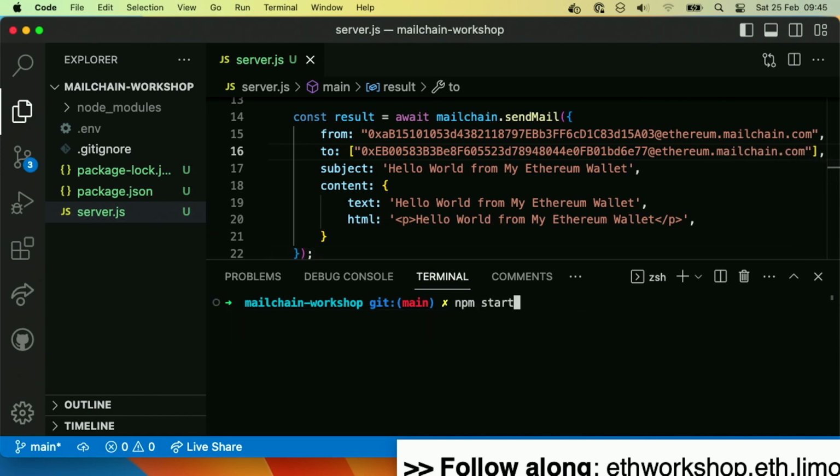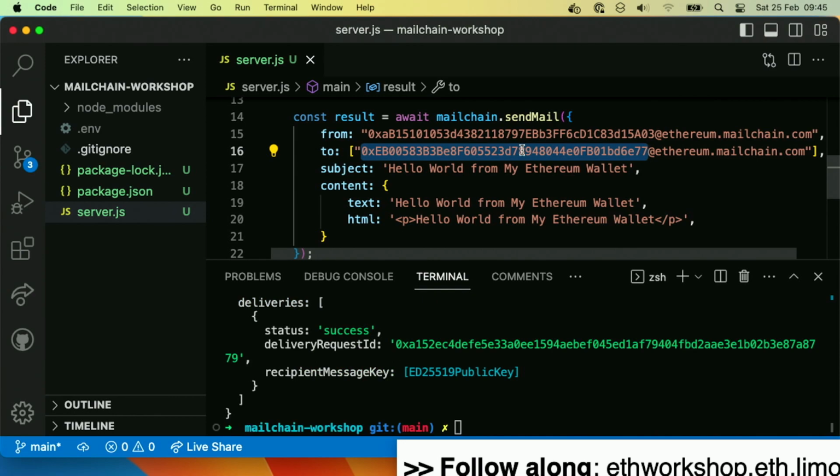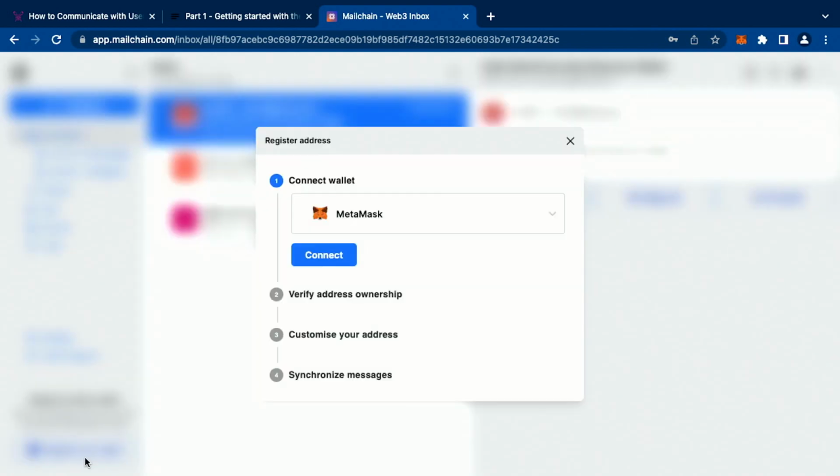So I'm going to hit start. It's sending now from the Ethereum address I've registered to an Ethereum address I own, but I've not yet registered. And we're going to see what happens. So it's gone through successfully. If I head over to the UI, I refresh the page, and as you'd expect and imagine, there is no message inside of here. So instead, what we're going to do, we're going to register the new address that I